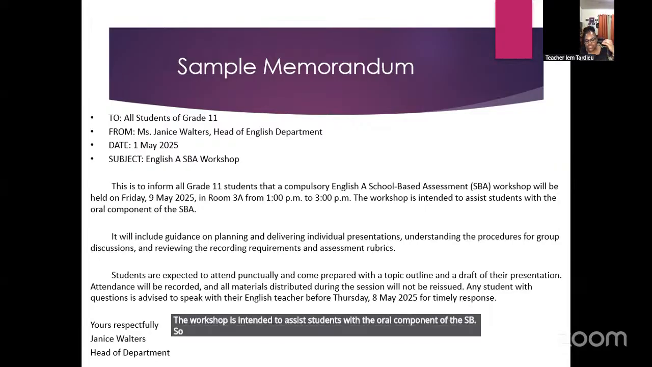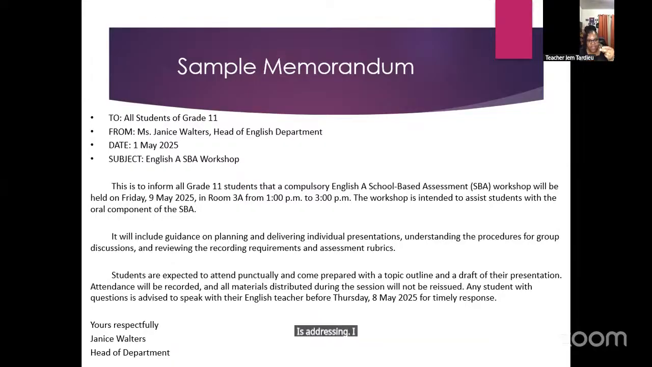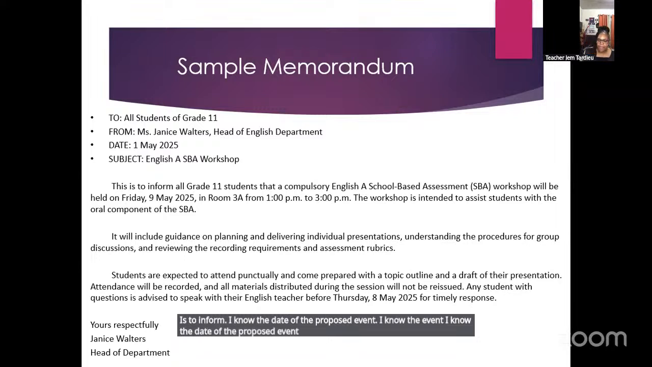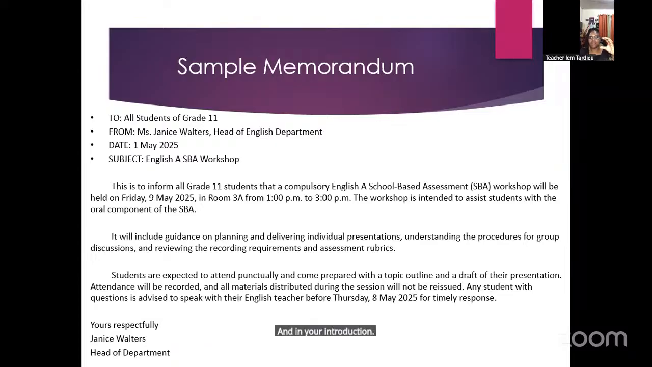So within your introductory paragraph, I know the who this memo is addressing, I know the purpose is to inform. I know the date of the proposed event. I know the event. I know the time of the proposed event, and I know why the proposed event is carded. And in your introductory paragraph, it is important that you answer those questions when you're writing,